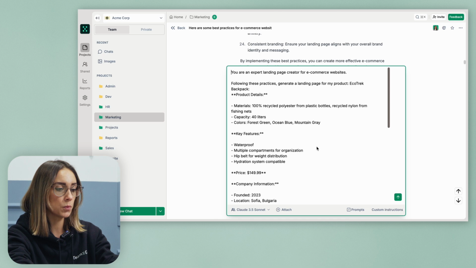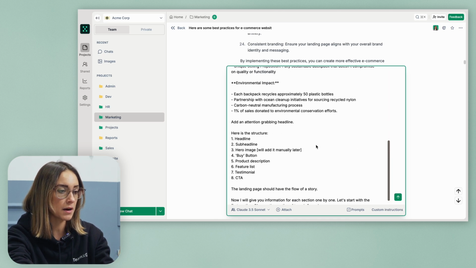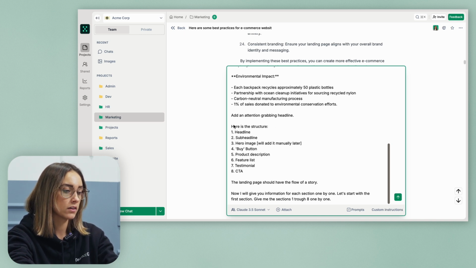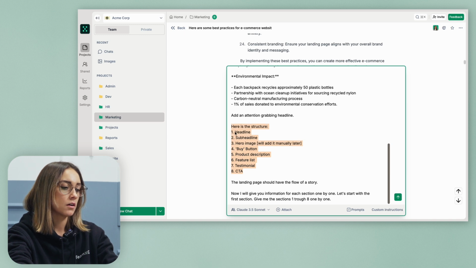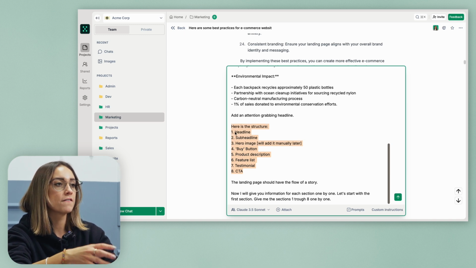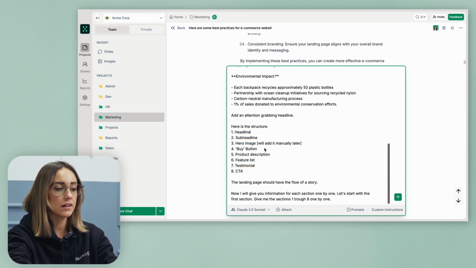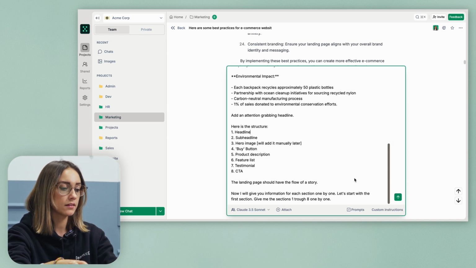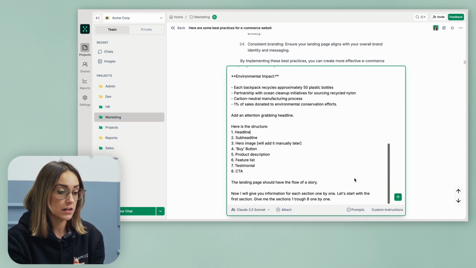The Team GPT will insert my variable inside my prompt, and I want to instruct the model to add an attention-grabbing headline, and I'm giving it a sample structure. LLMs work very good with examples. So my structure is headline, subheadline, hero image, buy button, product description, feature list, testimonial, and CTA. I'm telling the model that I want the landing page to have the flow of a story, and I'm ending